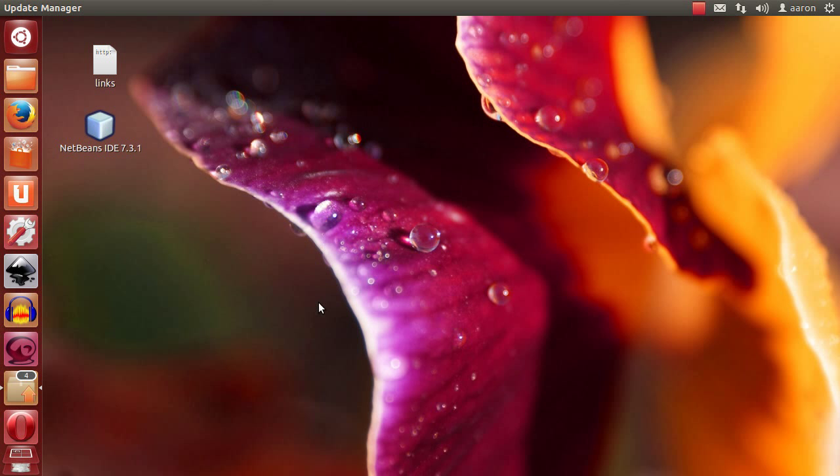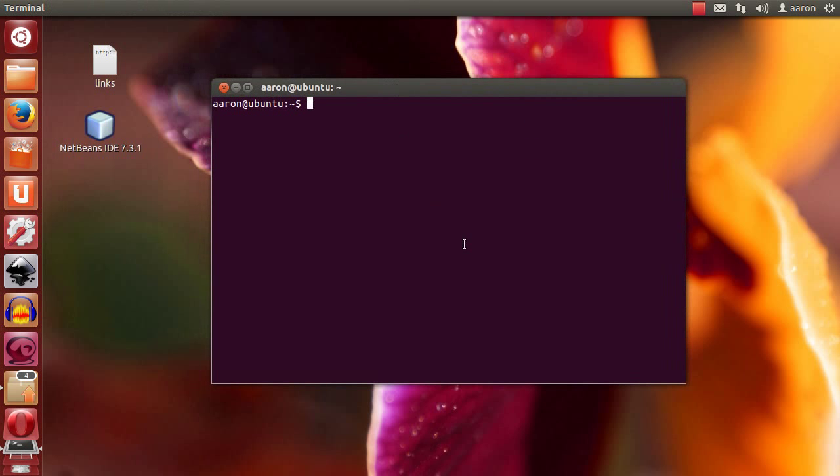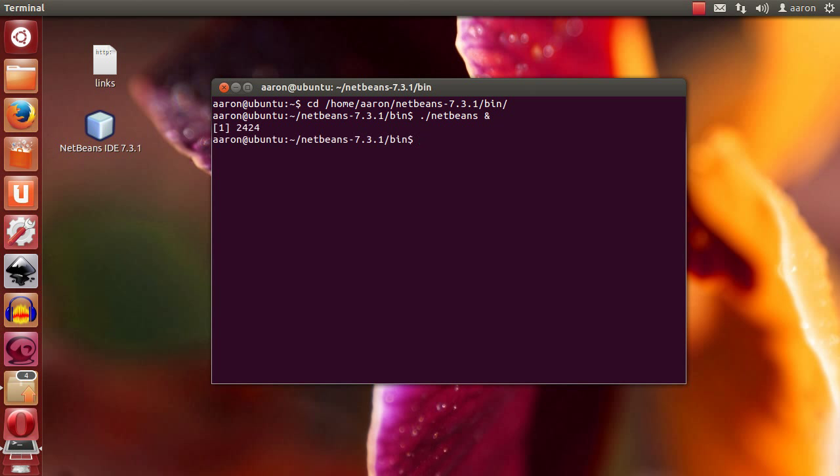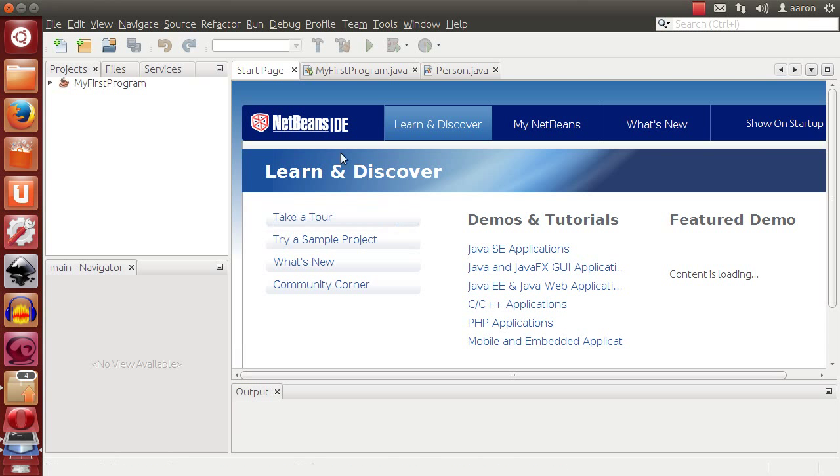So for starters, hold down Control, Alt, and press T to bring up a terminal. Go to your NetBeans directory. And then bin, run NetBeans. And that should be loaded here in a minute. Alright, so